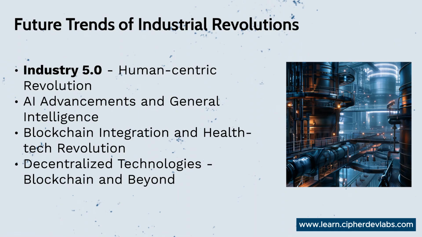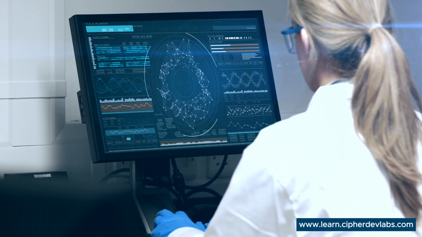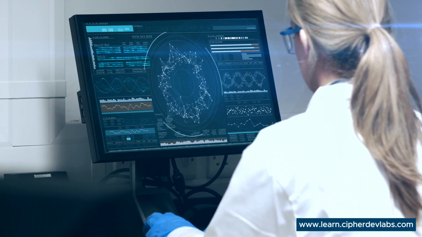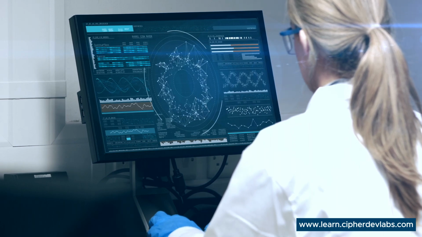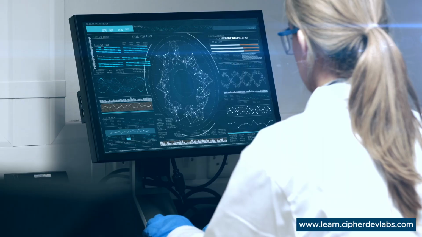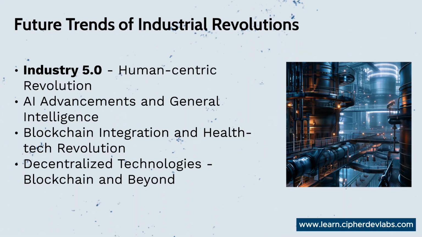Clinical trials and research. So, by offering a secure platform for storing and sharing clinical data, blockchain technology fosters a new level of transparency and integrity in medical research. Also, interoperability and data exchange. So, blockchain facilitates seamless and secure exchange of health information among different institutions and systems. Then there'll also be personalized and precision medicine.